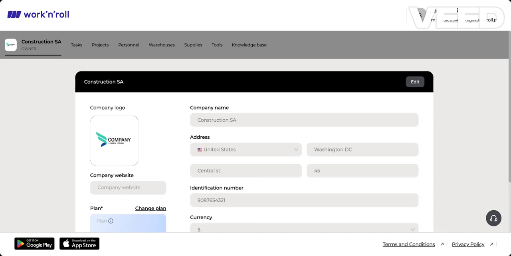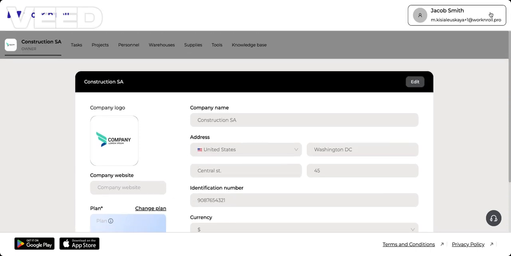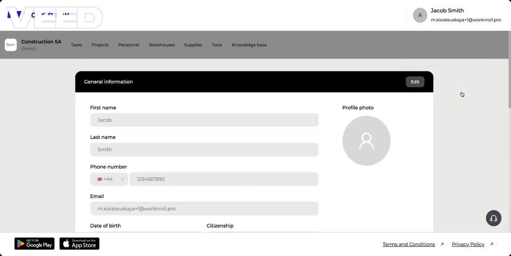Here's how the app presents itself after you log in into your account. You will see the information about your company that you have already entered, or if you haven't created your company, you will be able to enter all the information here, as well as change your plan. On the right corner, you will see a menu where you can access your own profile, and by clicking here,